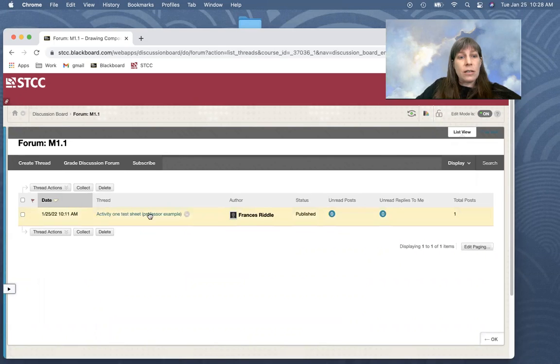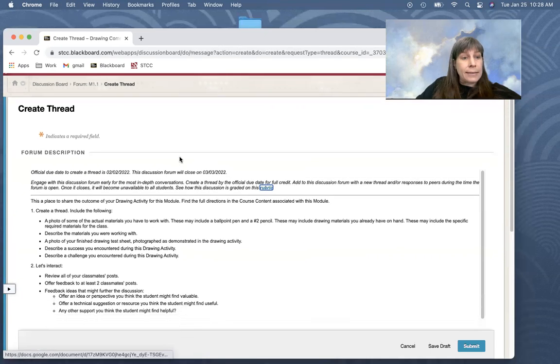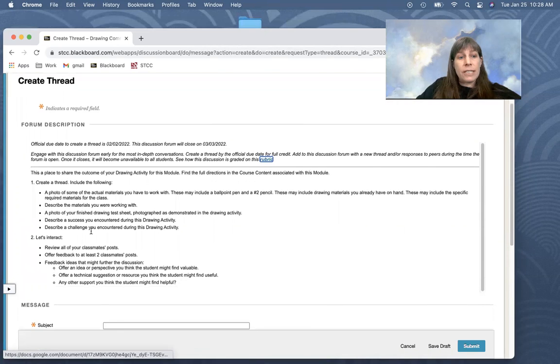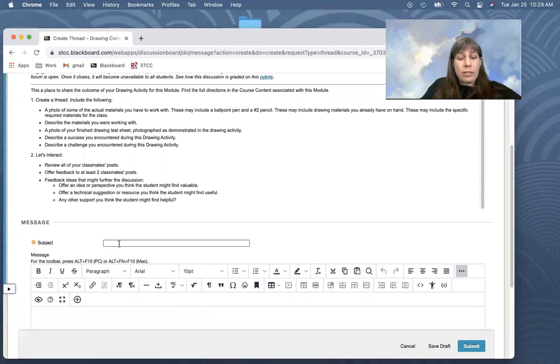You can see here that there's a previous example that I put. To create a new thread, you're going to click on Create a Thread. And then all of the directions appear here. So I'm going to make another example, professor example,